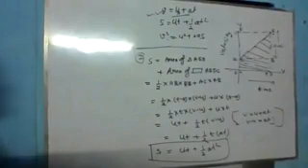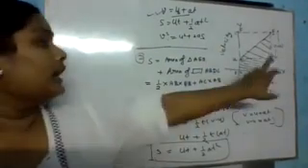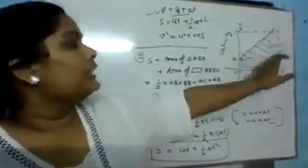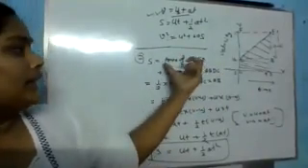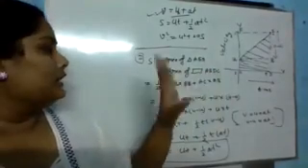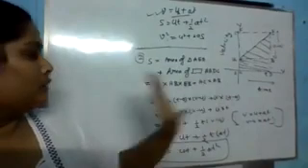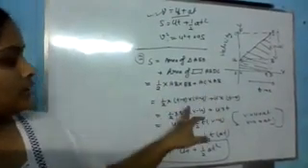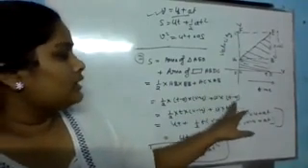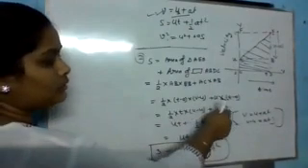This proving is clear. I'm repeating this proving. To find out the displacement, we have to find out the area covered by this graph. So we can easily apply this formula: area of triangle AEB plus area of rectangle ABCD. The area of a triangle is 1/2 base into height and rectangle is length into breadth. So AB is t minus 0 and EB is v minus u. AC is u and AB is t minus 0. So 1/2 into t into v minus u plus u into t.